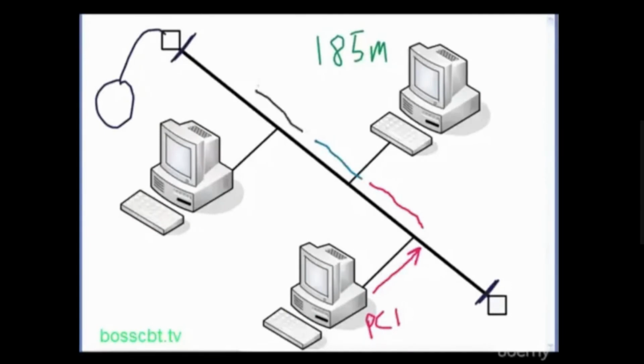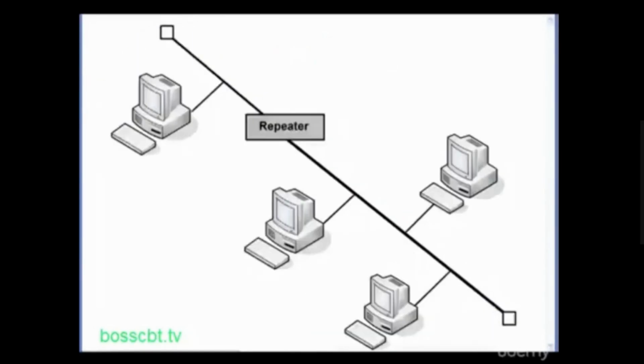The green color is a very light signal, and the black is also very light. The yellow color denotes a signal too weak to reach the destination. So the red color is a strong signal, and the yellow color is a weak signal. When I send the signal through this medium, I use repeaters. I send the same signal through this medium, but in the middle of the transmission, I use a